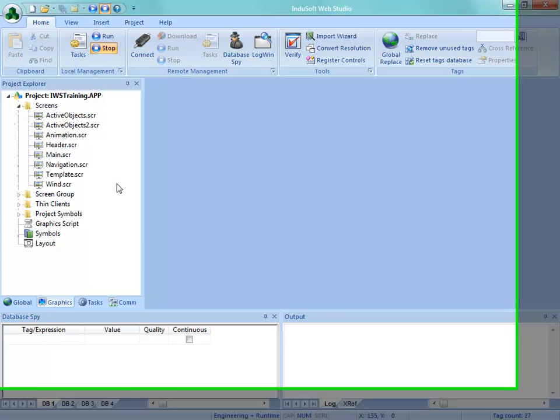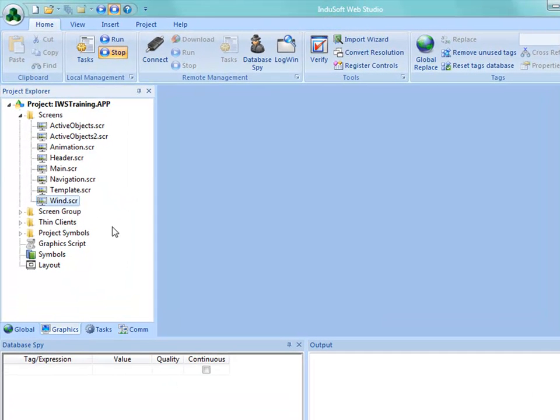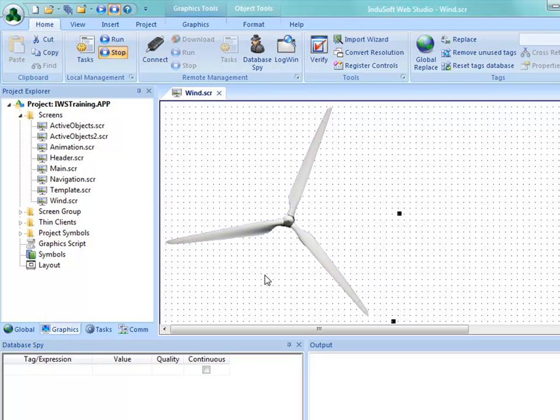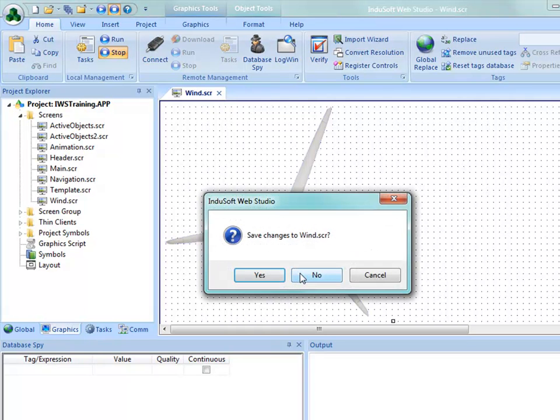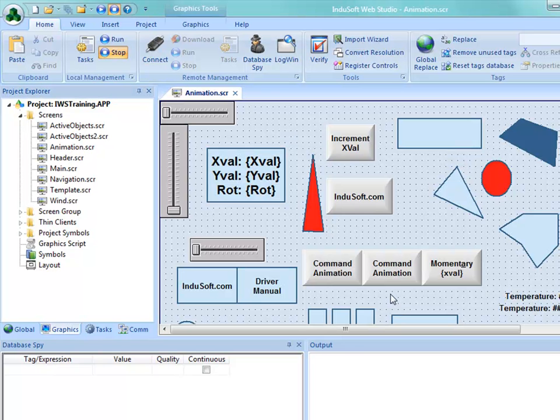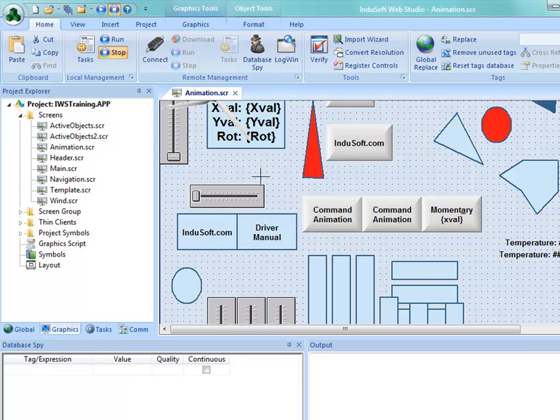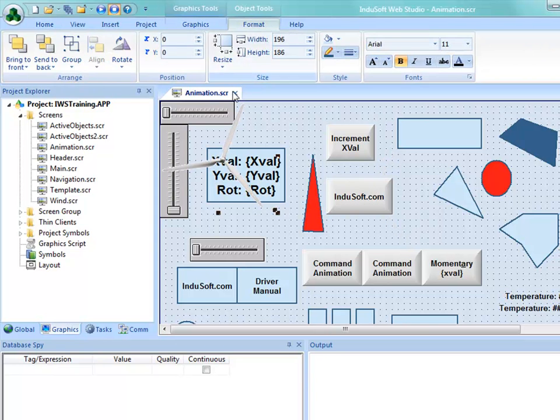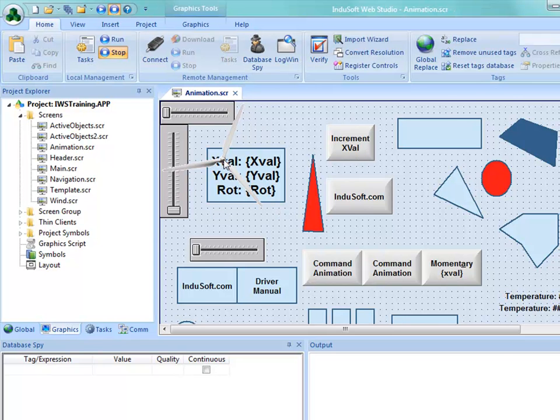Another thing that I wanted to point out about rotation, this will be the last thing. No, you didn't make a mistake. I put this wind screen in here while I was off camera, so to speak, and I put a bitmap of a wind turbine. Now I'm going to copy this and bring this back to our animation screen and paste this in. I'm going to take a little bit of time maybe and reduce this down. And again, similar to what I mentioned a minute ago, I'll tuck this up in the upper corner and cursor off of this and say I want this point right here, which is 105, 99,